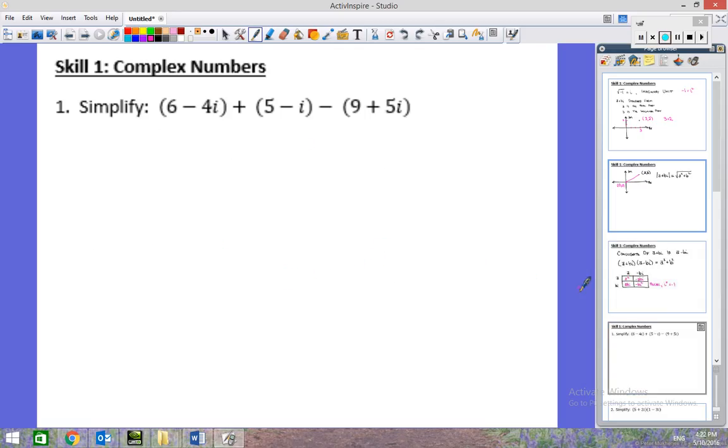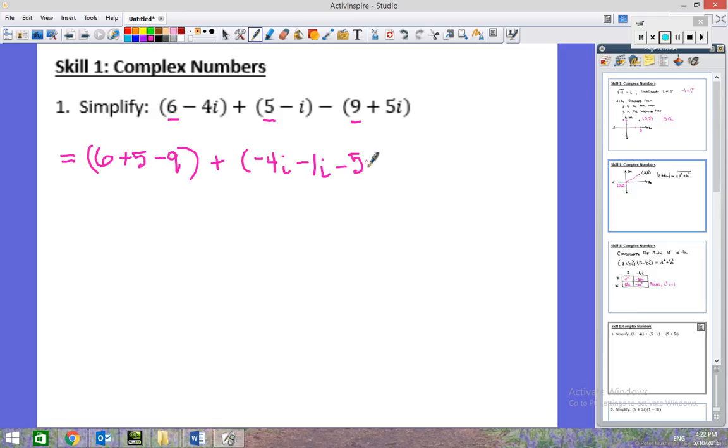So let's jump in and do some problems. Here they're asking us to simplify this, so they want our final answer to be in standard form of a plus bi. We're going to treat these like we did when we learned like terms and unlike terms. For the real part, we're going to add these real parts together. We've got 6 plus 5 and then minus 9. That's going to be the real part of our complex number. And we've got a negative 4i, minus a 1i,